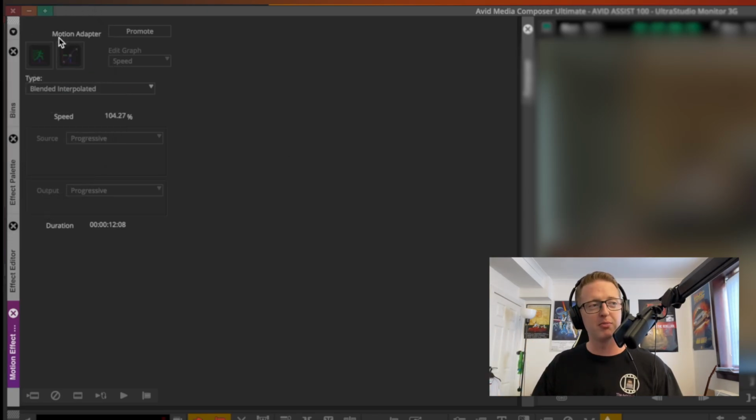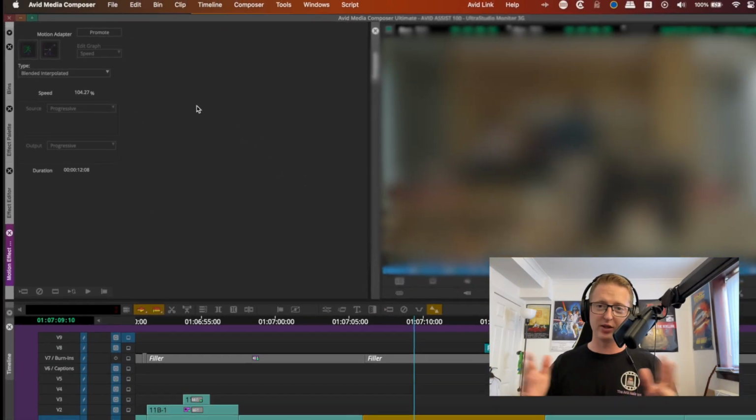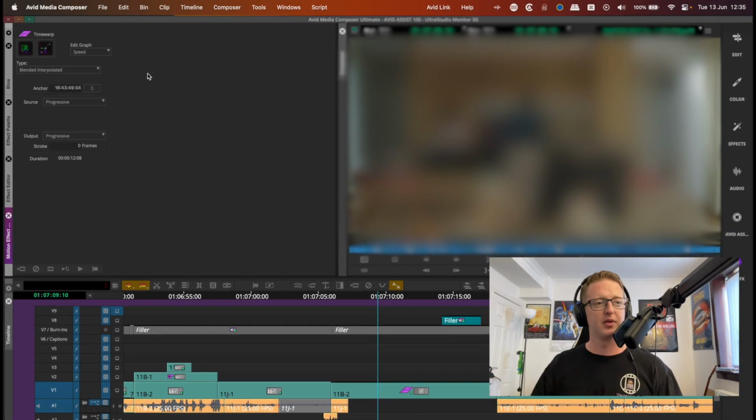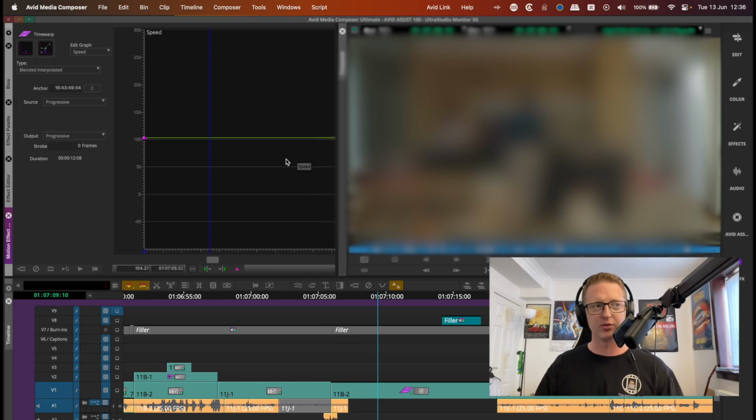Now we can promote this motion adapter to a Timewarp effect, which is our basic retiming effect within Avid. And then once we do that, we now have full retiming controls and we can tinker with it. If you did have material that was a different frame rate than what you're working in, the main reason to promote it would be if you wanted to manipulate the speed of the shot. Say you wanted to retime it to 200%, or if you wanted to do keyframed retimes or something like that, then you would need to promote the temporal adapter that's already there,